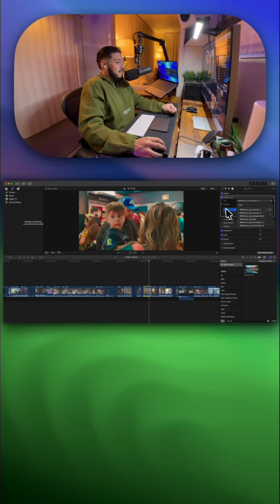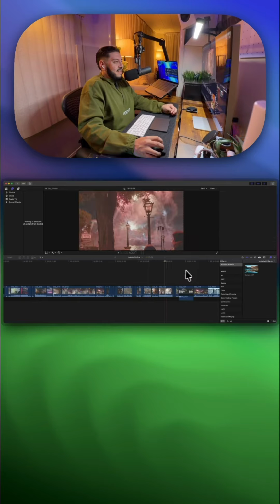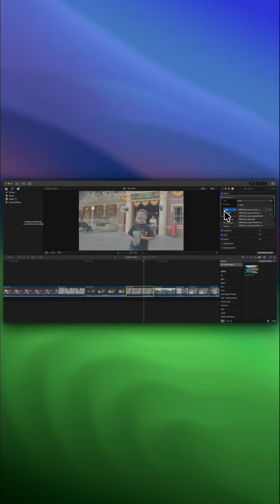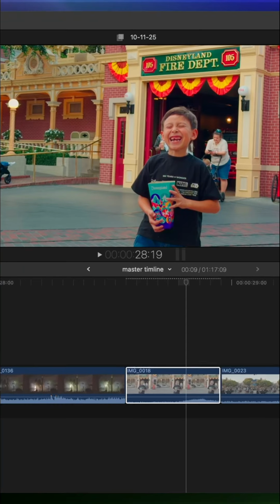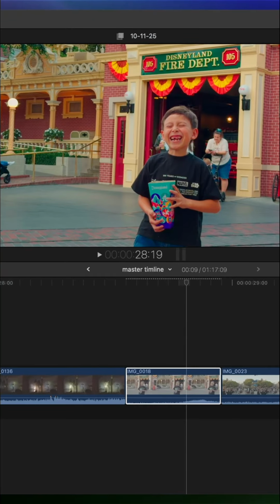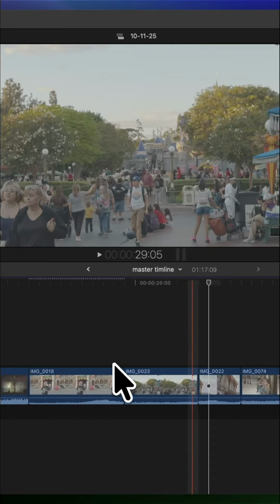In this case, maybe we want to try Perfect Skin V1, and voila, it gets us closer to where we want to be. And in this case, I wouldn't choose -1. So you see, you have to play with it. But Perfect Skin V1, and then obviously you have the mix here where you can tone it down, you can go up. But I'd say that these will cover you for almost 99% of your footage. And obviously you're going to want to do